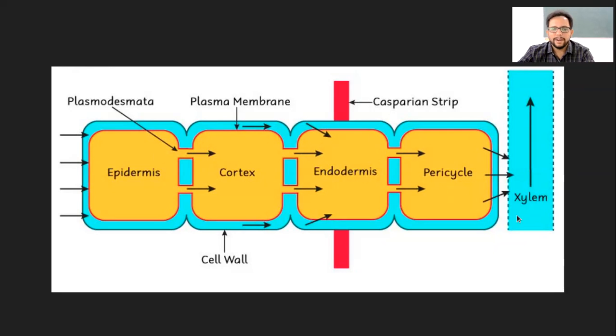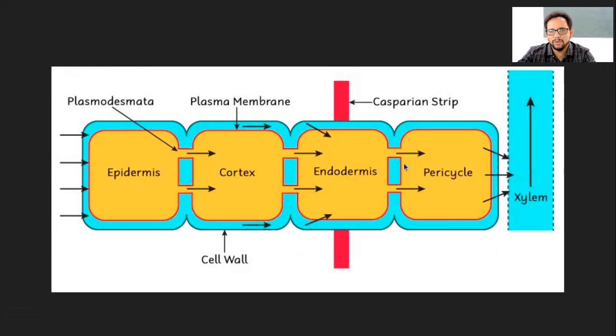So for example, let's say this is the root here, and this is the outermost cell of the root. So there will be layers of this. On the top there will be epidermis, cortex, endodermis, pericycle. Same down also, epidermis, cortex, endodermis, and pericycle, and so on. So these are all the different structures which are present in the root.